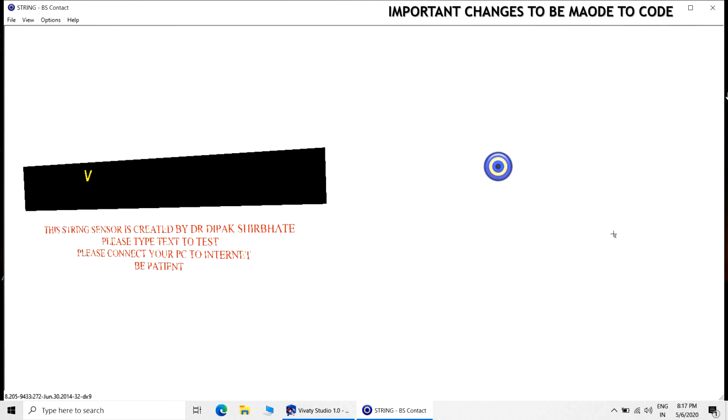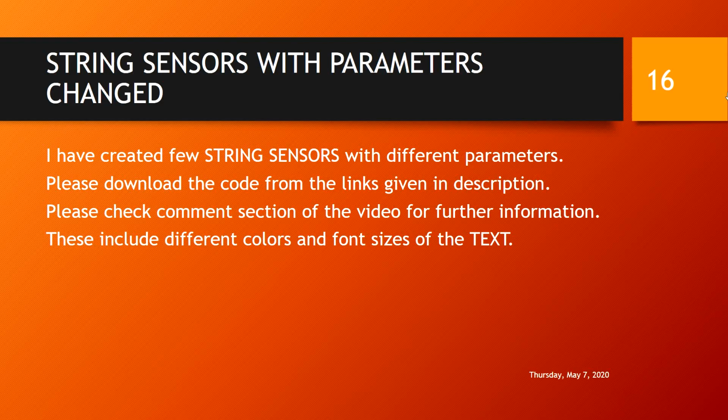Using the backspace, you can delete. So thank you for watching this video, this demo. So I have created a number of combinations actually, where you can change the text color, then you can change the text font also. So a lot of permutation combinations can be there. You can change the background and all those things. So some certain codes are there. I have created certain codes, different type of codes, and you can download those codes and you can actually test those codes.